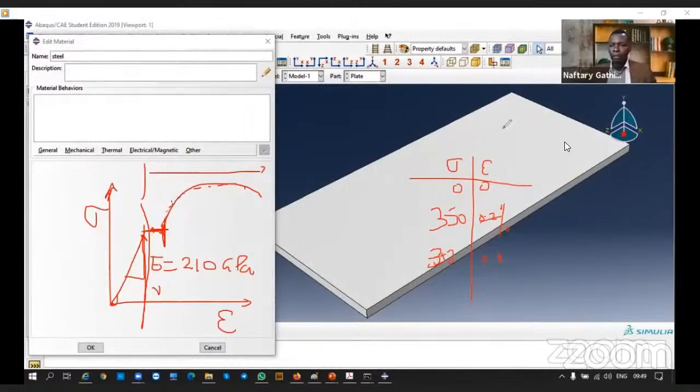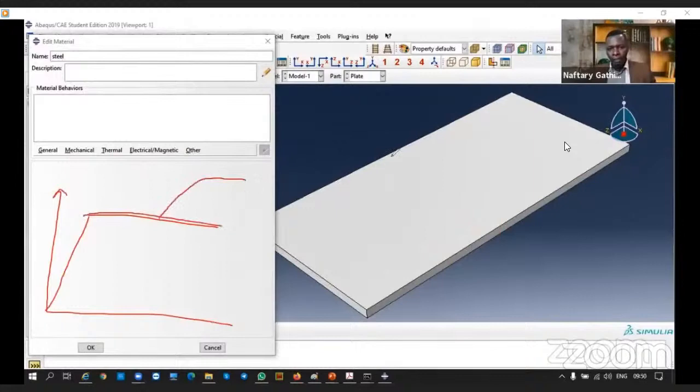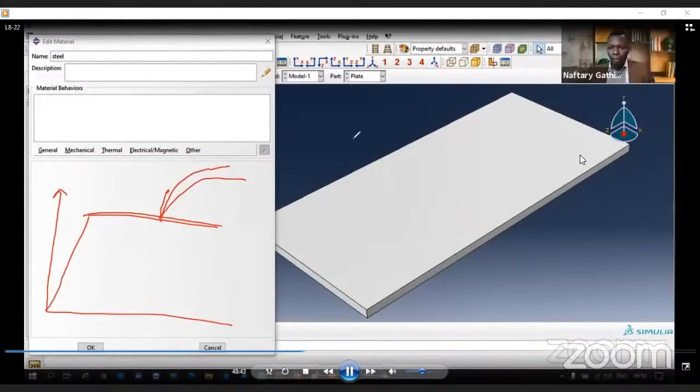Then here I may have different values. But now, because I have not gone to the lab, I'm just going to assume elastic plastic material behavior. That is, after yielding, it becomes perfectly plastic, with no strain hardening. Strain hardening is what enables the material to carry more stress, more load, even after the yielding. So usually, if you don't have this data and you know the typical values, in your assignment I have said